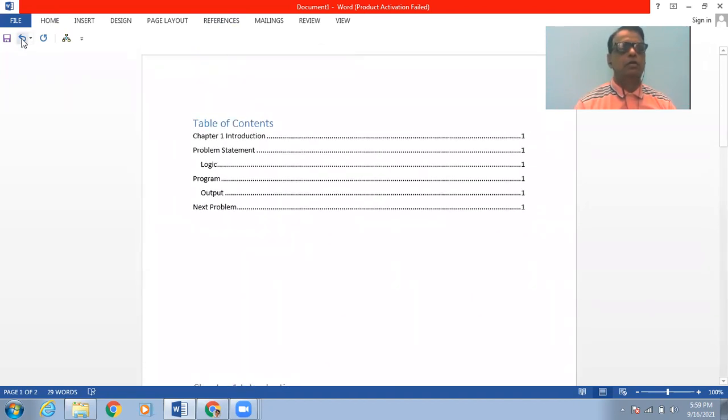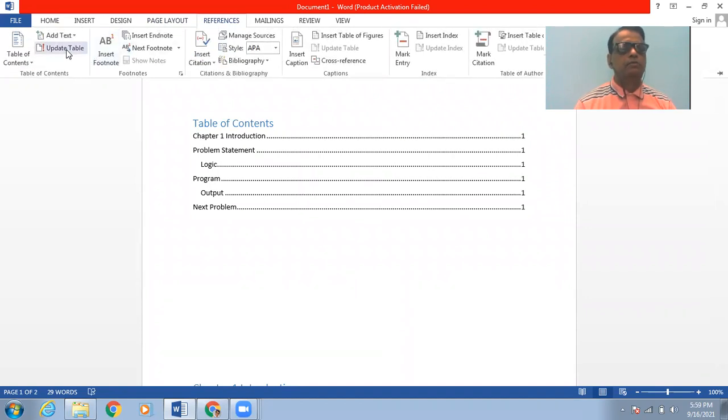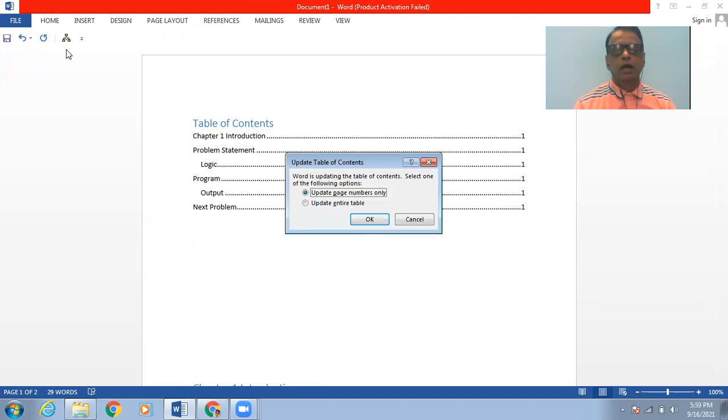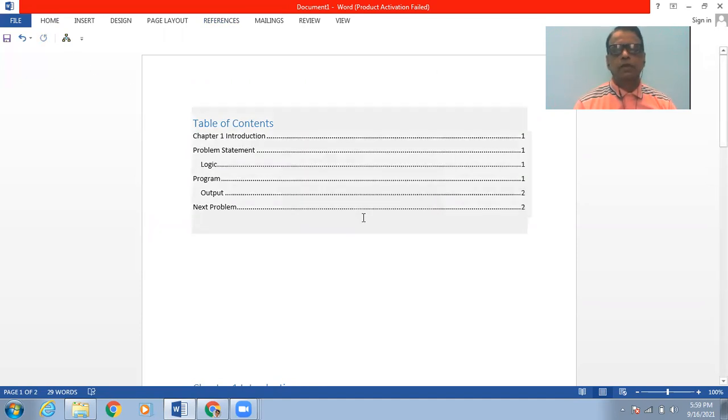Once I click on this References tab, you will find that there is an Update Table button, and the page numbers can be easily updated. So you will find that this heading, next problem, will now appear on page number 2. Also, this output will also appear on page number 2 automatically.